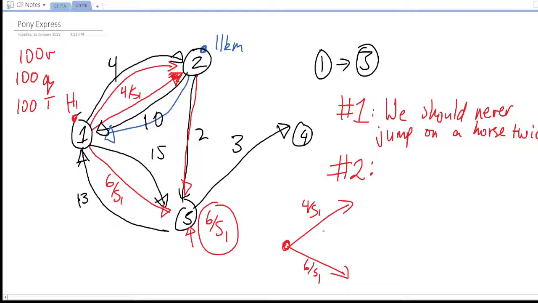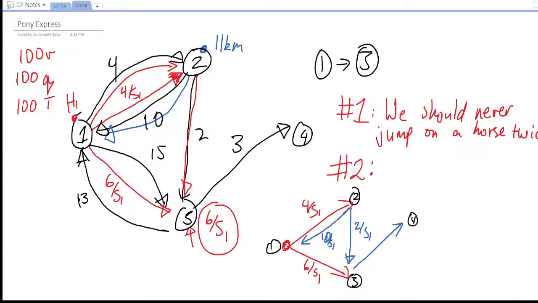Right, so the direction this way is going to be 10 on S1. Right, the direction this way is going to be 2 on S1, and then I can go this way to node 4. Let me draw in the nodes, sorry. So this is 2, 1, 3, and 4. I shouldn't be drawing that edge, sorry. I should be drawing